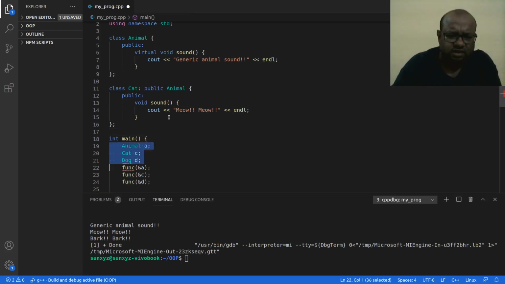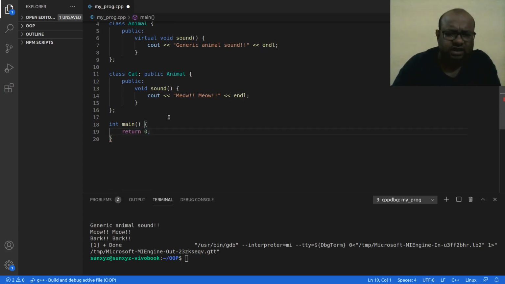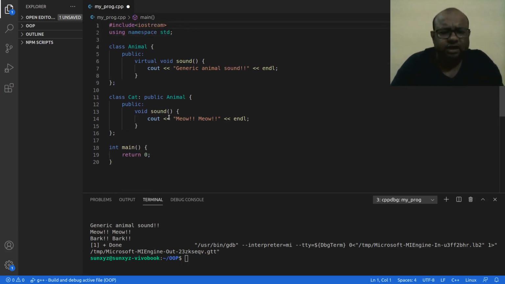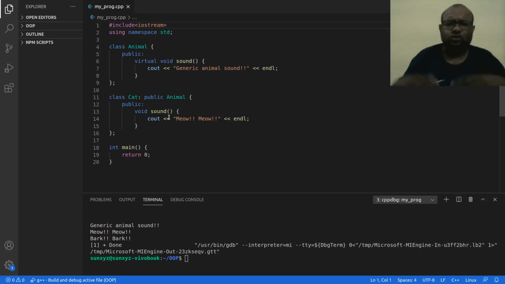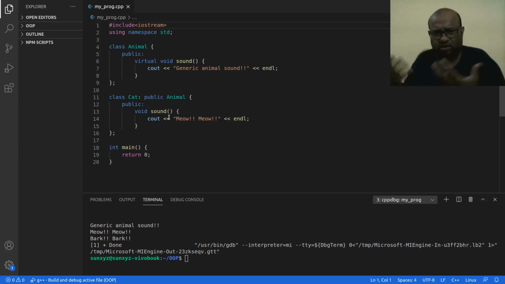We will write the main function again later. So say I know this, right? Animal class, I am not going to create an object of animal class. The main purpose of animal class is that it is going to be inherited by some child class. So why do I use this animal class? I am going to use it as a skeleton, as an architecture that my child class has to follow.